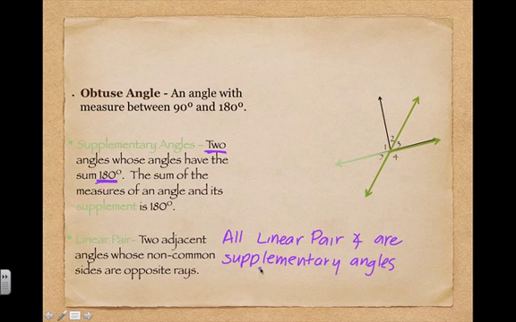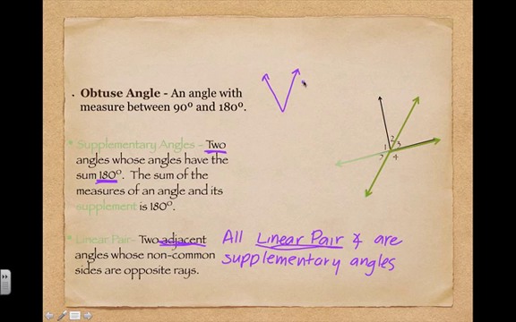Now, not all supplementary angles are linear pair angles. Linear pair angles have to be adjacent. That is part of their definition. They have to be adjacent here. So the two pairs of supplementary angles that we happen to have in this diagram are both linear pairs as well. But let's say we had an angle here,